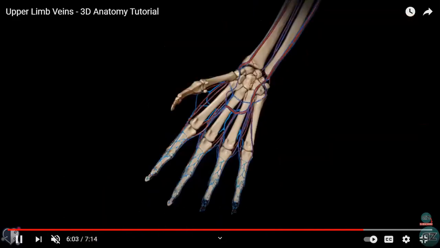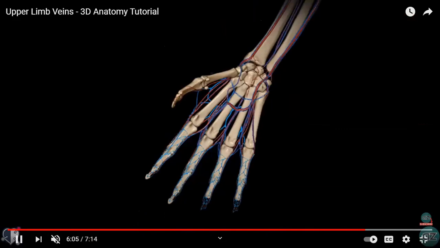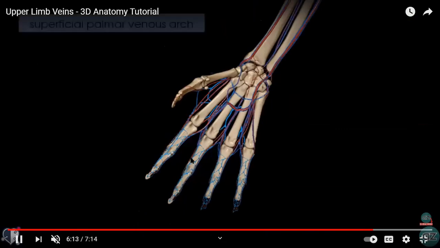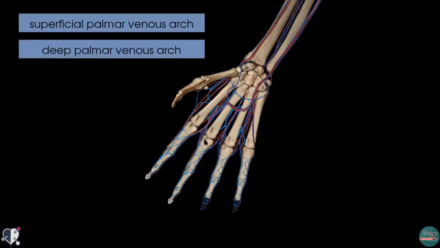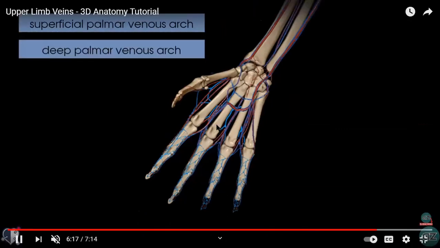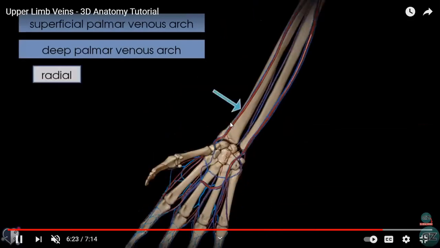Now, the deeper veins. Similarly, we have deeper veins also, isn't it? So what are the various names? Again, we have the palmar digital veins and dorsal digital veins. Of course, there are veins from here. They will be draining into the venous arches, the superficial and deep palmar venous arch. Then we have venae comitantes accompanying the radial artery, the radial venae comitantes, and those accompanying the ulnar artery, the ulnar venae comitantes, right?